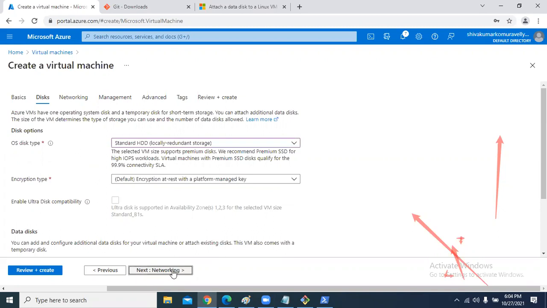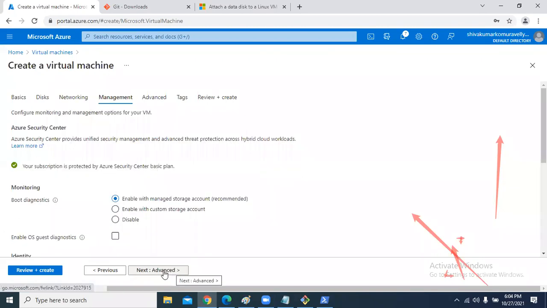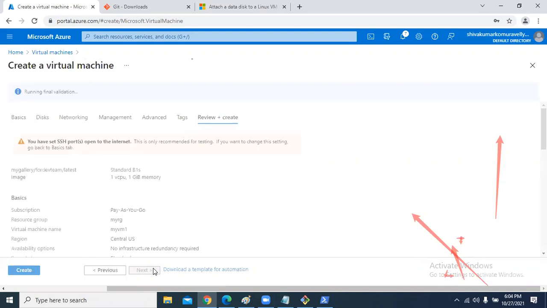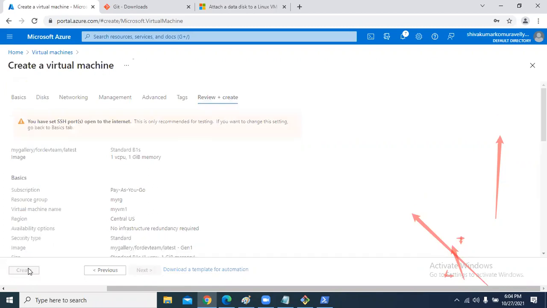Networking. Management. Just a minute, let it be created.